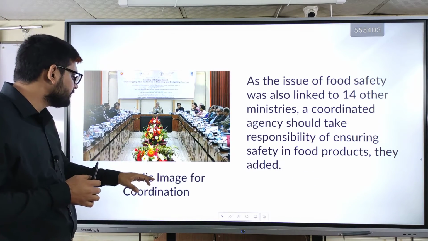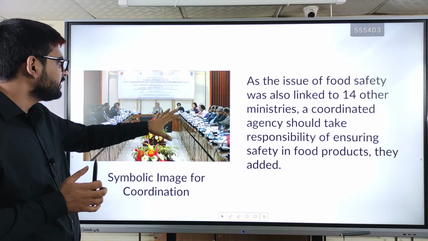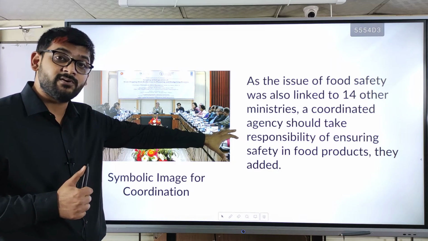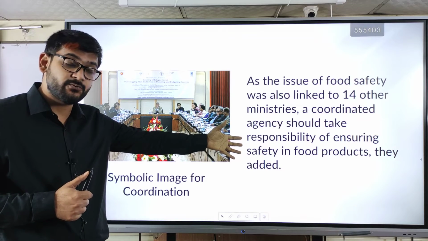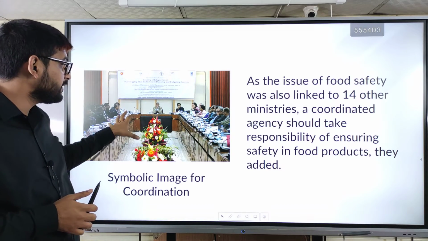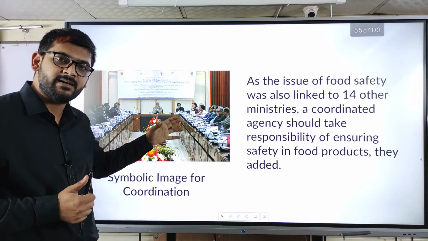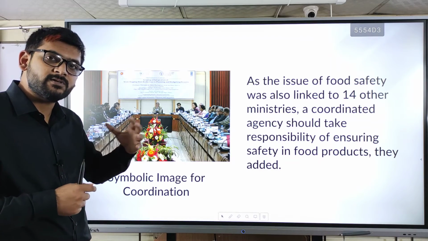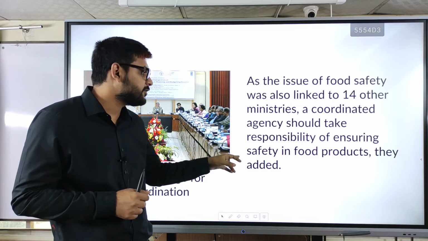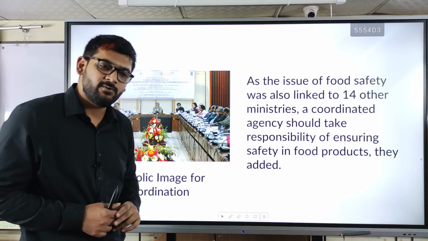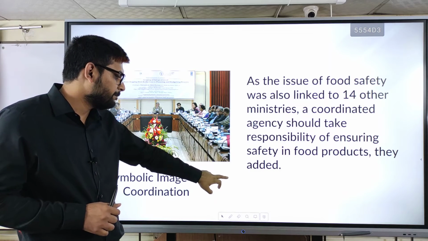So we can see a symbolic image of coordination here. It is not exactly a coordinated agency for taking steps against food adulteration, just a symbolic image where different people from different ministries can come forward and take responsibility for ensuring safety in food products, they added. Okay, I hope you get it all. Now we will